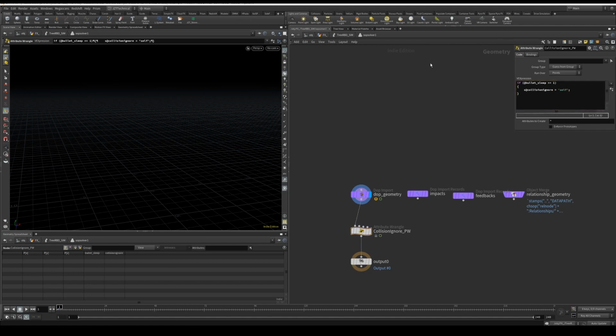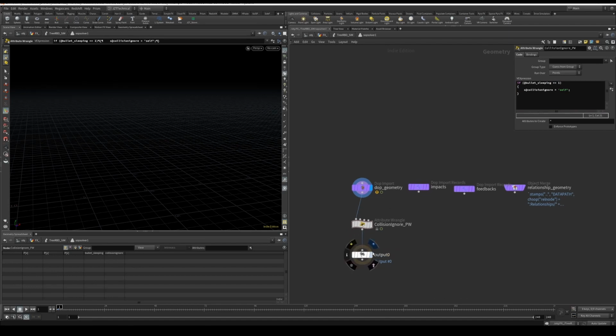So now when the bullet is sleeping, not sleep. Just going to check I wrote that all correctly. Yep. So now while the simulation is asleep, no self collisions will be happening,